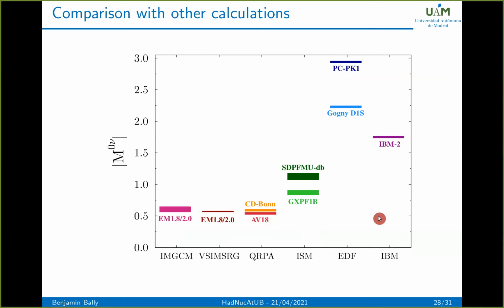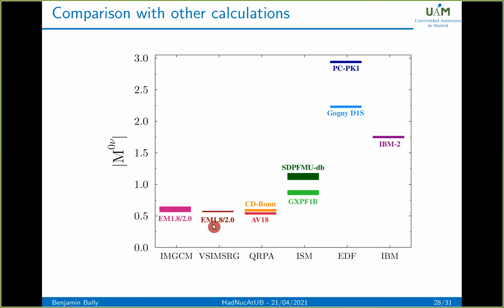And to finish, we can compare this value with the other methods for this nucleus. So you have a lot of older calculations using phenomenological interactions. For example, here one of Thomas with Bonny. And also, more recently, people have done this same calculation through the valence space IMSRG, so people at TRIUMF. And they obtain a value which is, I think, 0.57 or something like that. So this is in agreement with our calculations using the same interaction.